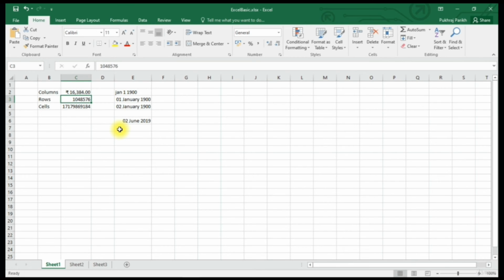Apart from that, when you have textual data in a column, say in the B column we have textual data. Now if we start typing new text in this column, Excel will auto recommend textual values basis other values in that column. So since the last value in this column is cells, if you type C, Excel will recommend that you can enter cells here. If you accept this change, you can press enter and this cell will have the value cells. If you do not want to use that value, you can just continue typing whatever you want to type.